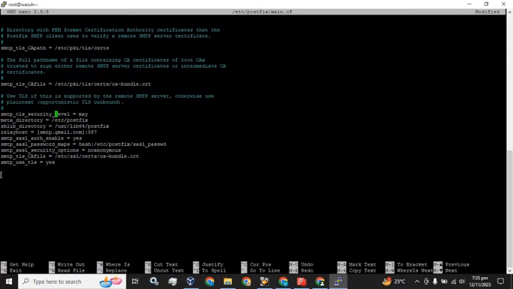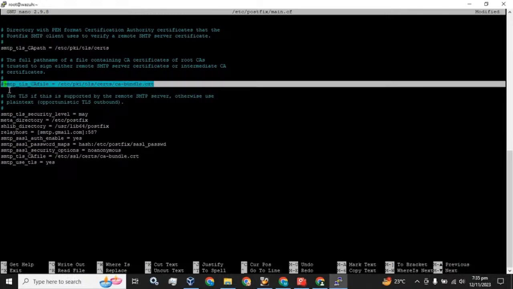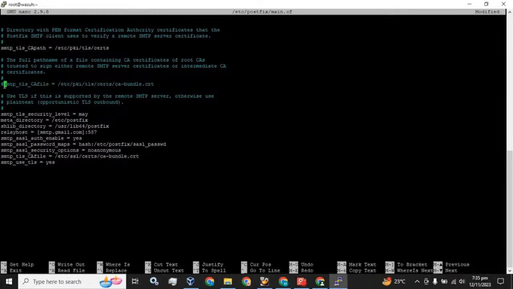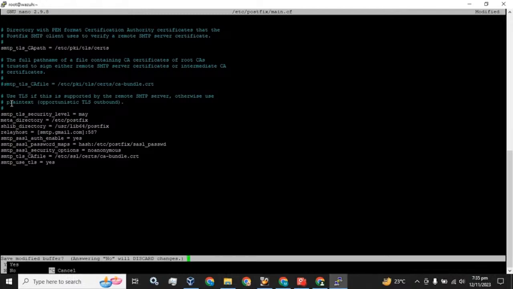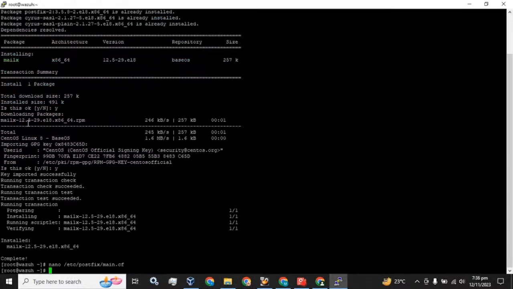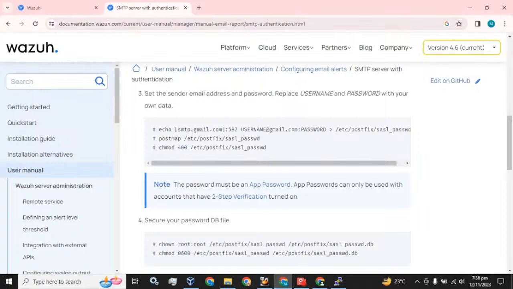You have to look for this line of code or syntax, because these are duplicate configurations. You have to comment out the one which is already pasted over here. Now we are going to press Ctrl X, enter Y and press enter. Now